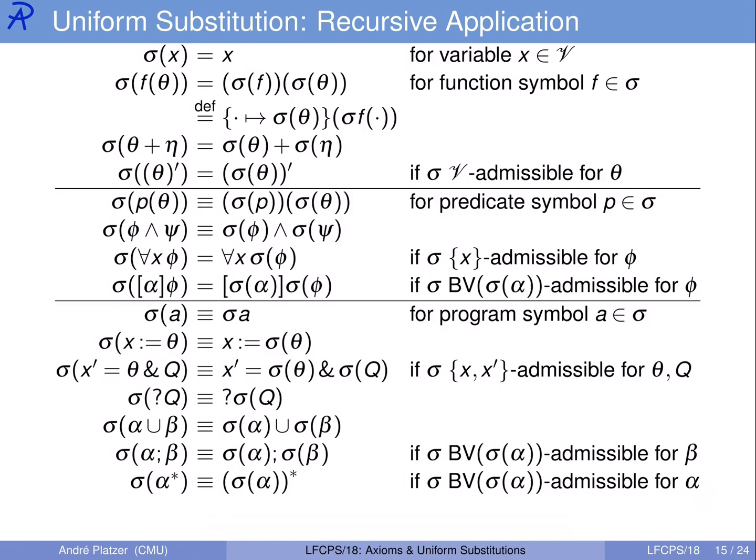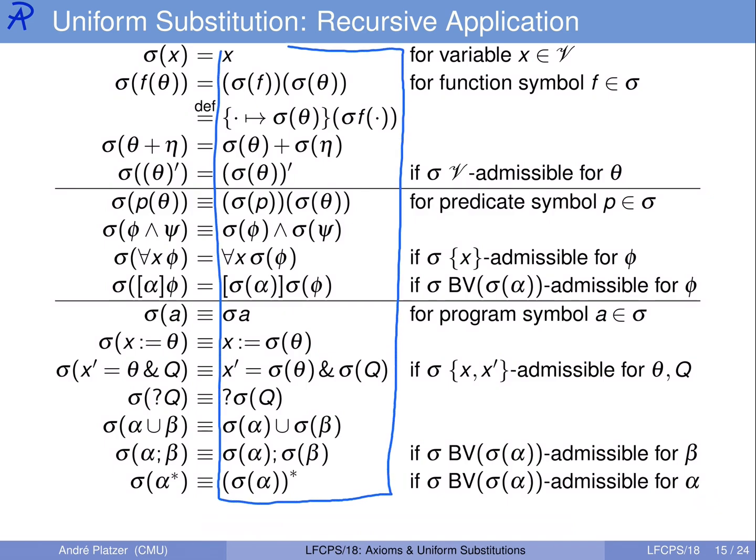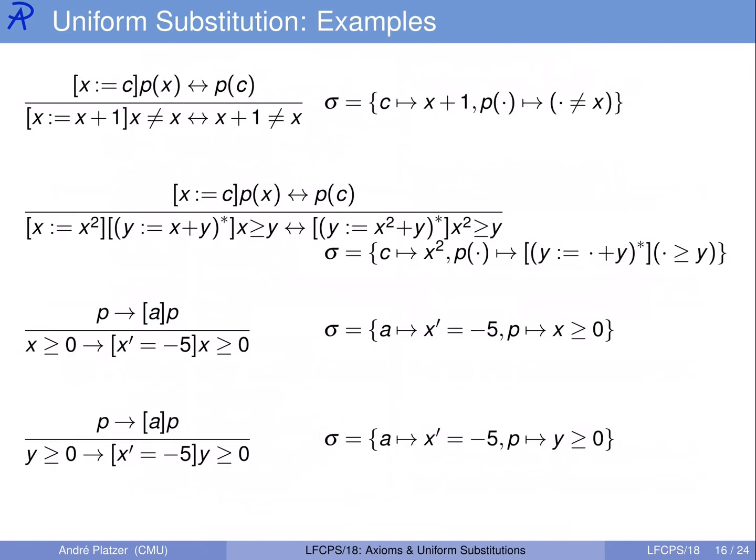And then, what have we done? Well, we've spelled out in kind of the obvious homomorphic recursive way the result of running the substitution over terms, formulas, and programs. And the only slight complication is that we have to pay some attention, but it's always the same way, to make sure that we never bind a free variable, because we would otherwise go to logic jail. So in other words, have done unsound reasoning. And there's one mechanism that